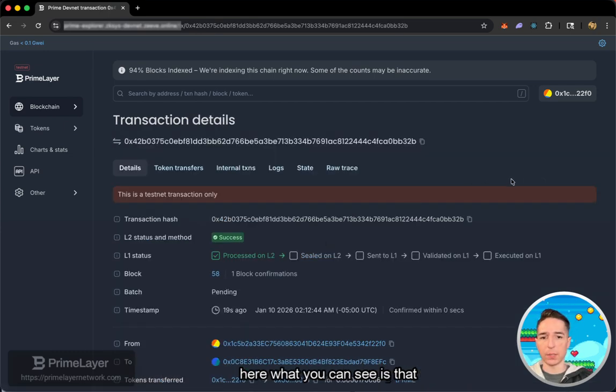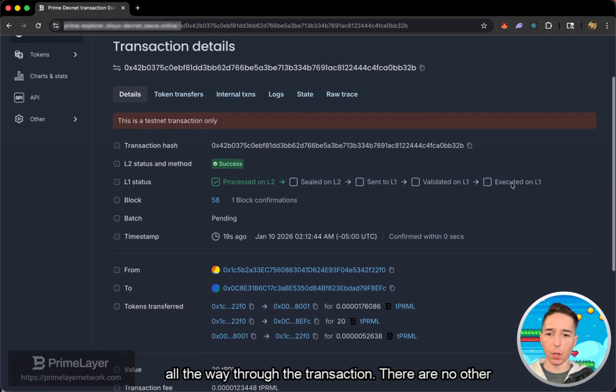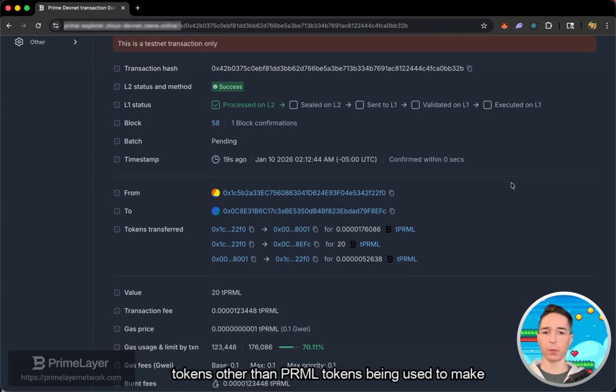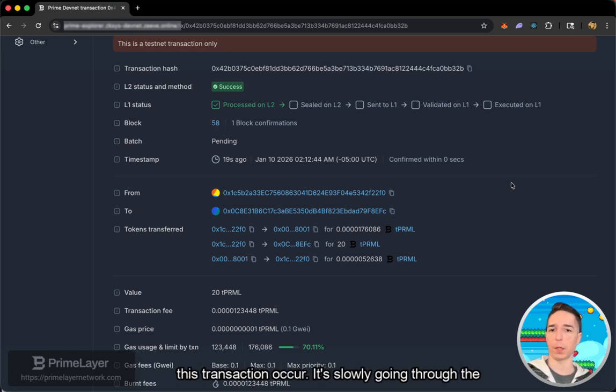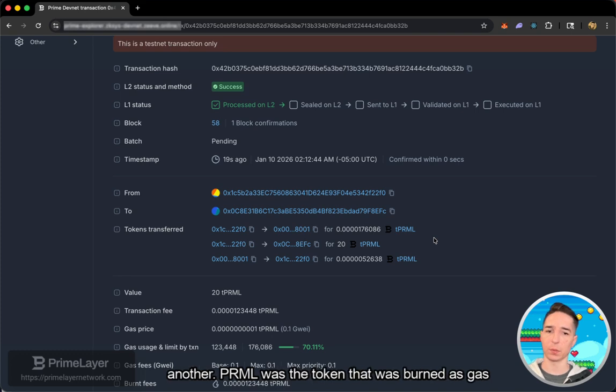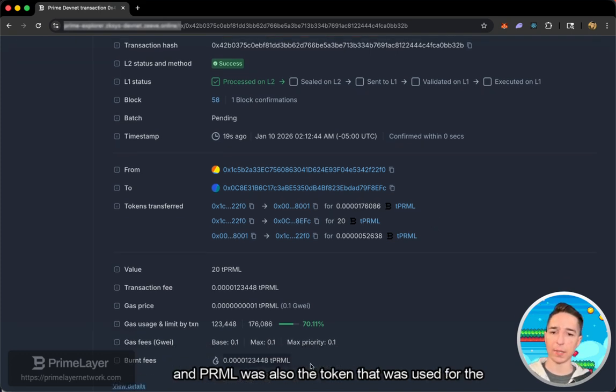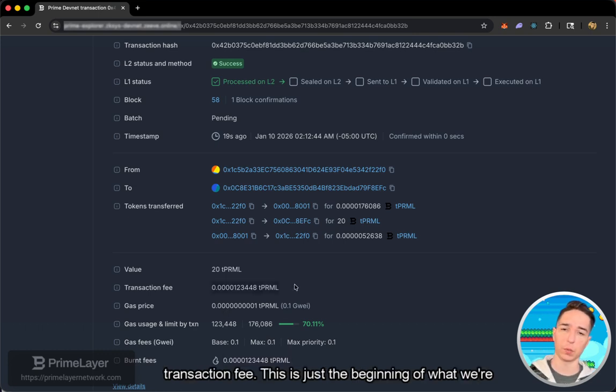And here what you can see is that all the way through the transaction, there are no other tokens other than PrimeLayer tokens being used to make this transaction occur. It's slowly going through the process of getting rooted to Bitcoin in the end, but PrimeLayer is the token that was sent from one user to another. PrimeLayer was the token that was burned as gas,